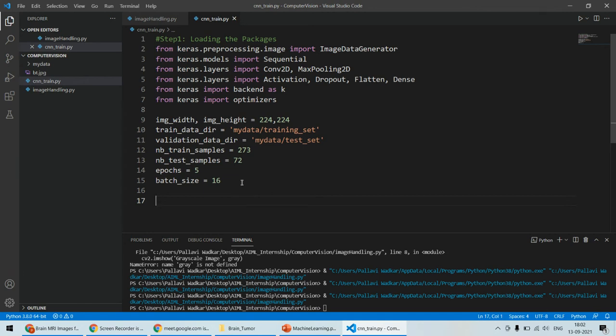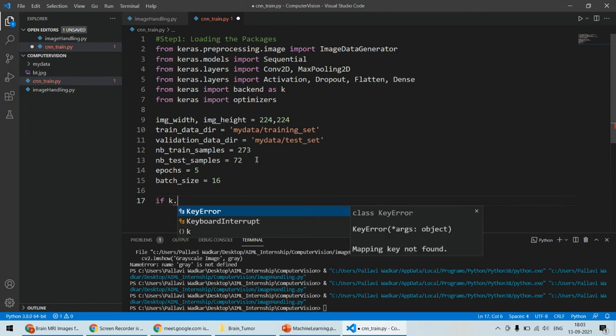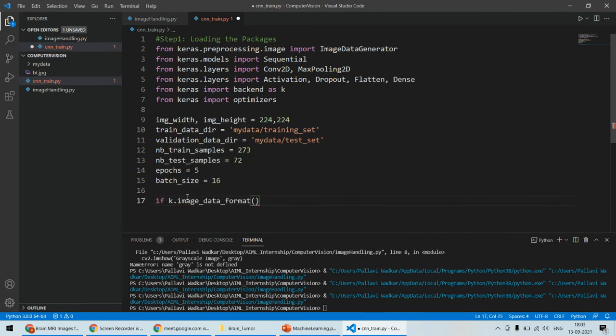तो अब हम यहाँ पे चेक करेंगे कि केरास के बैकएंड में इमेज का जो फॉर्मेट है वो किस तरह से है। जिस तरह से उसका फॉर्मेट है उस तरह से हम वो इमेज का शेप करके एक फंक्शन बनाएंगे, उसको हम यूज करेंगे। तो इफ ए डॉट के, मतलब वो केरास का बैकएंड जो हमने यहाँ पे इंपोर्ट किया है। इमेज डेटा फॉर्मेट, इमेज का डेटा फॉर्मेट क्या है, इफ इट इक्वल्स टू चैनल्स_फर्स्ट, तो इन दैट केस